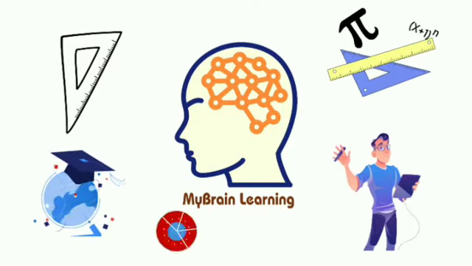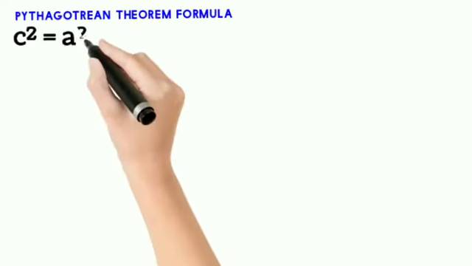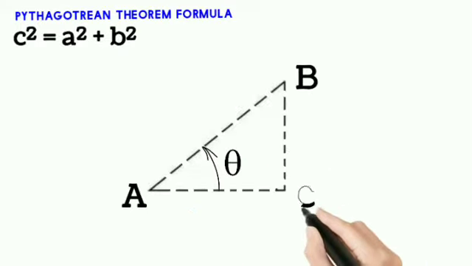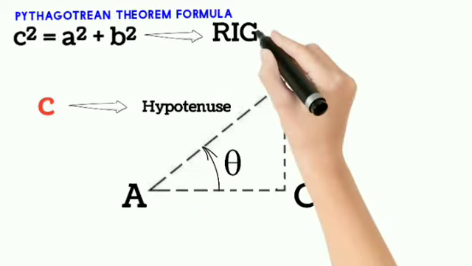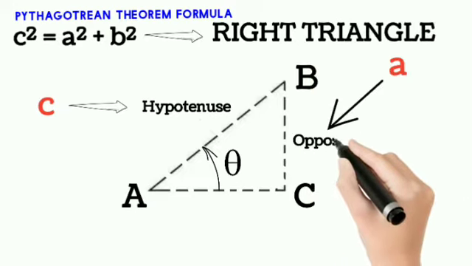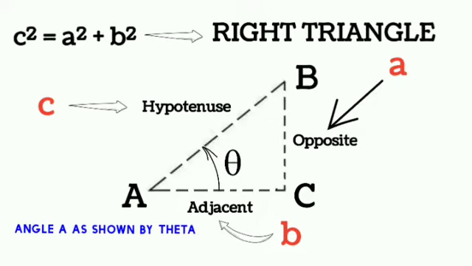The word theorem refers to a mathematical statement supported by different proofs and explanations based on factual examples. Pythagorean theorem is applicable for solving right triangles. At the end of the topics on Pythagorean theorem, we will proceed to the solutions to quizzes on the previous episode of trigonometry. The formula of Pythagorean theorem is c squared is equal to a squared plus b squared, where